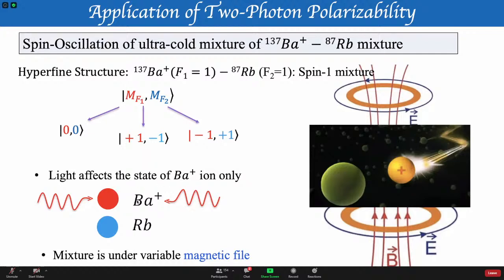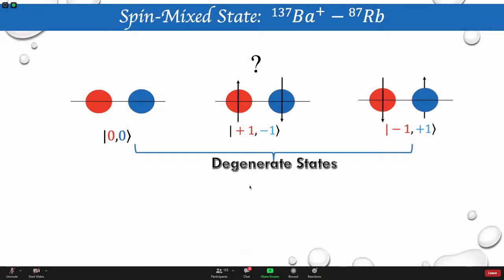Using that light, we want to see how we can manipulate this. We will have a Stark shift of this ion, and using that Stark shift, we can play with some interesting phenomena. We make the magnetic field variable and increase it. Let's start with when there's no field. When there's no field, what would happen? The 0,0, +1,-1, and -1,+1